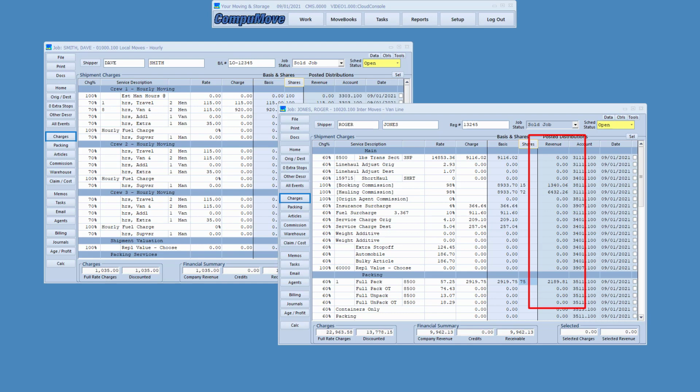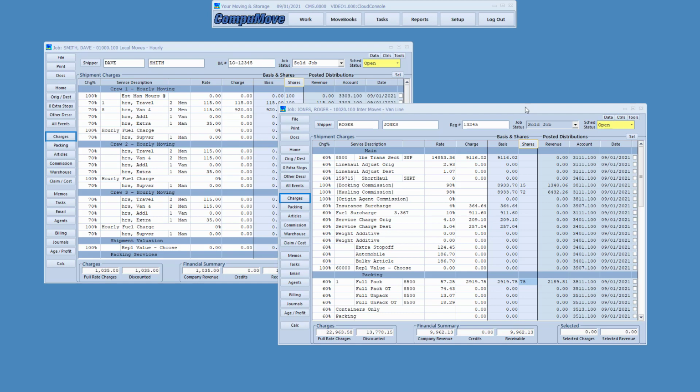Now, when we do a move under our own authority, we don't show that split taking place. That would just be confusing to a local move shipper. But when we do that for carrier work or for interline agency work, it's very important to show those splits so that the party who's receiving our invoice can understand what we're invoicing for. So now we've got those charges entered in the job, and we're ready to take the next step,